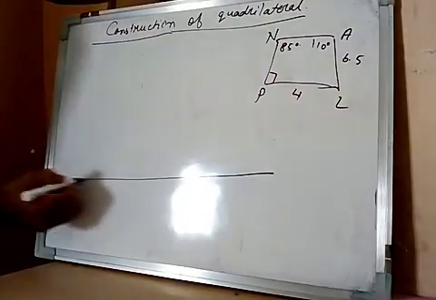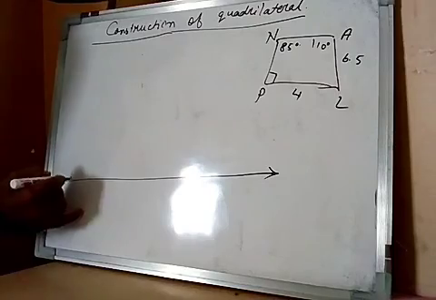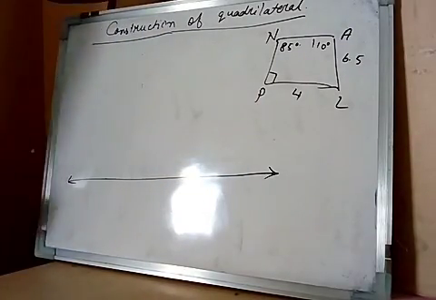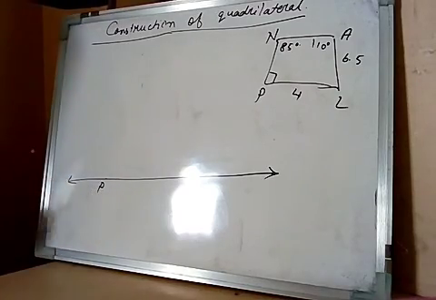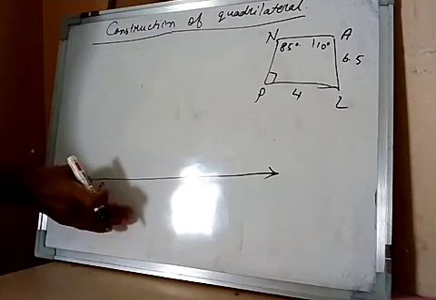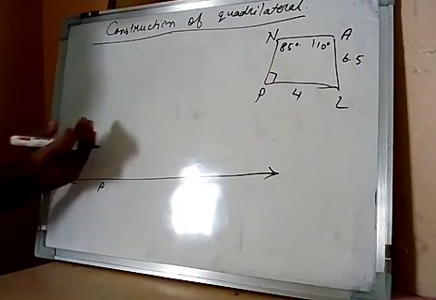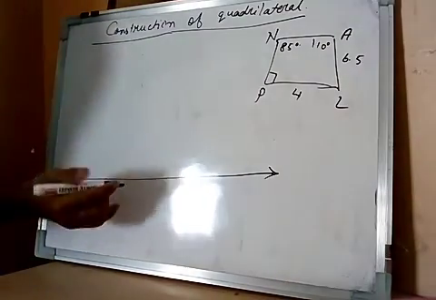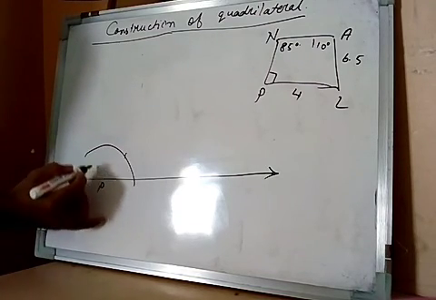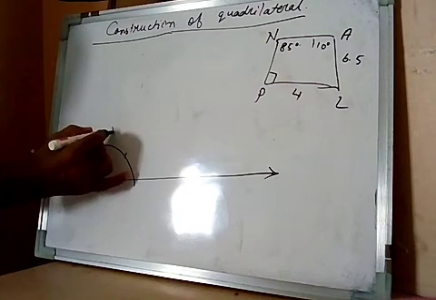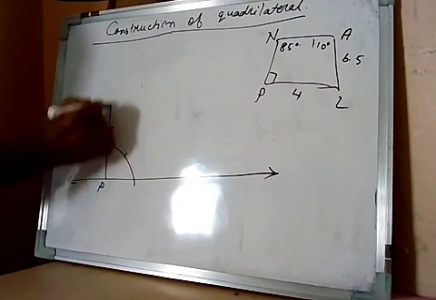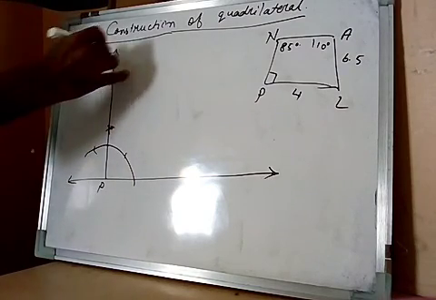So our imaginary line, right? Now you have to take P here as the point. If P is here, then you have to construct 90 degree. So our compass will touch these sides because our quadrilateral is on this right side. So angle construction will start from right to left. Now the first arc is 60, the second arc is 120. Bisecting, then this one will be 90. So here this is the 90 degree, right?